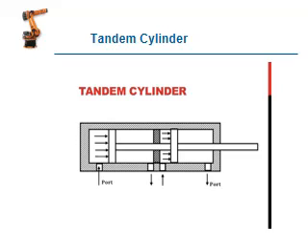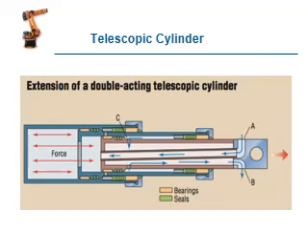This is the tandem cylinder. There are two cylinders and two pistons set up, but the two cylinder and two piston setup has one rod only, so only one extension and one retraction are available. So this is a tandem cylinder. This is a telescopic cylinder. There are several cylinders and several pistons available. The telescopic cylinder is used where a high pressurized reciprocating motion is required. At that place, telescopic cylinders will be used.